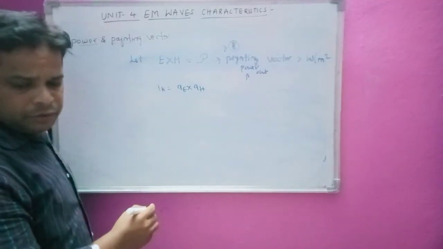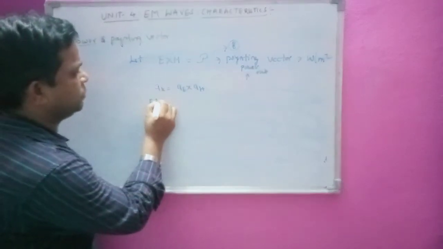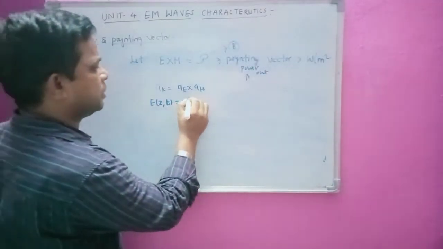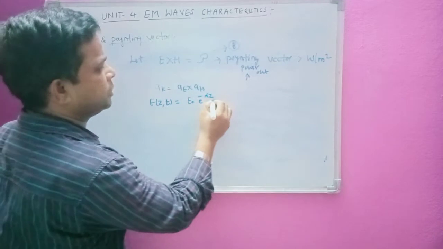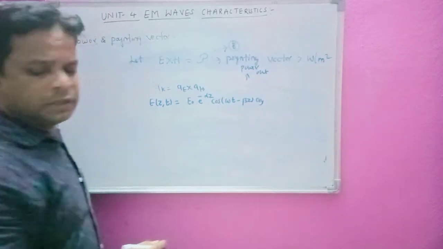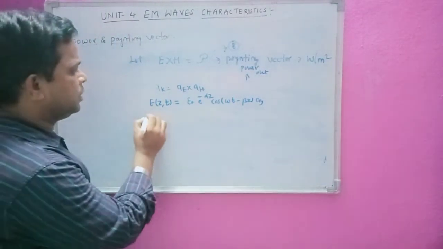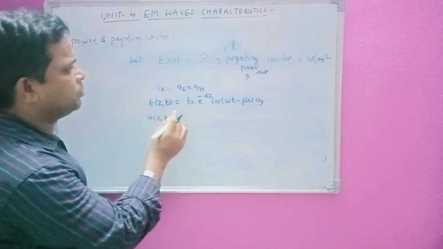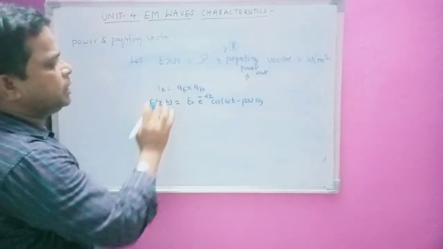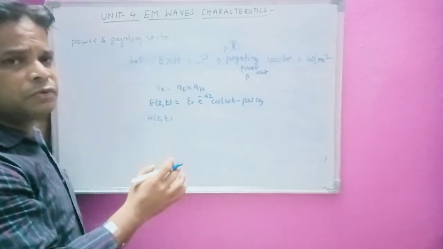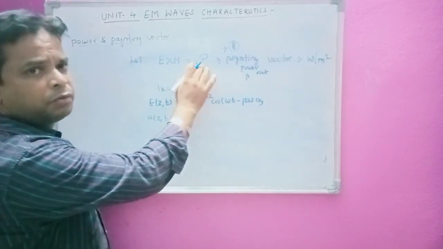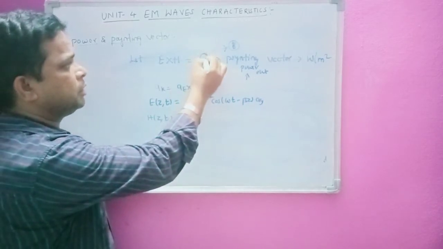Now in order to define the Poynting vector, we know that E is equal to E of z comma t. That is, the electric field is represented as E power minus alpha z cos omega t minus beta z into ay. Okay, this was the equation we have seen. And similarly H of z comma t also we have seen. Why am I taking this? Because we have taken the Poynting vector P here. We need to take the electric field and magnetic field. That is the wave equations we have seen, and we are going to see what is going to happen to this power, how we are going to derive this power P. Let us see this procedure.